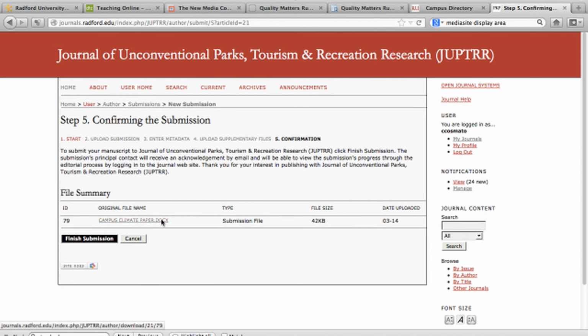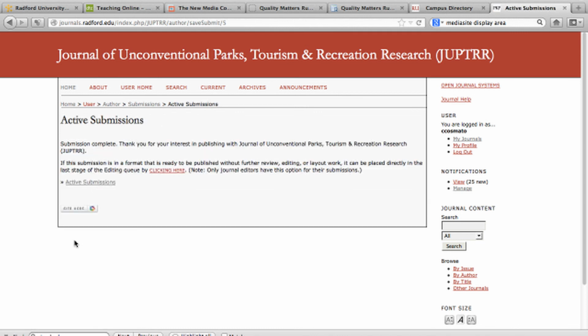where the files that you intended to be submitted are listed here. You can click those links to review that file and make sure that the uploaded version is what you expected. When you are done reviewing, click Finish Submission,